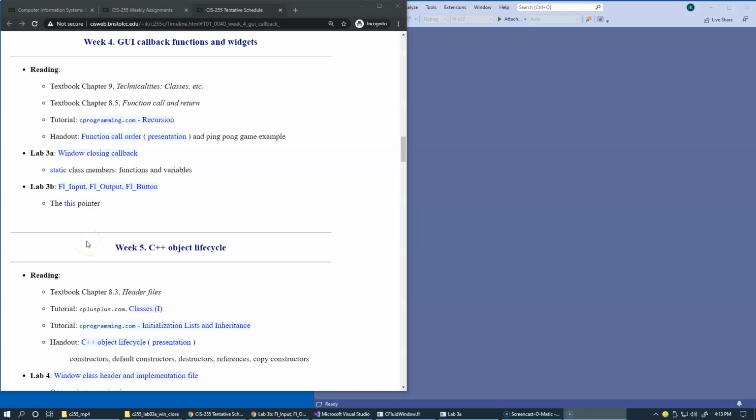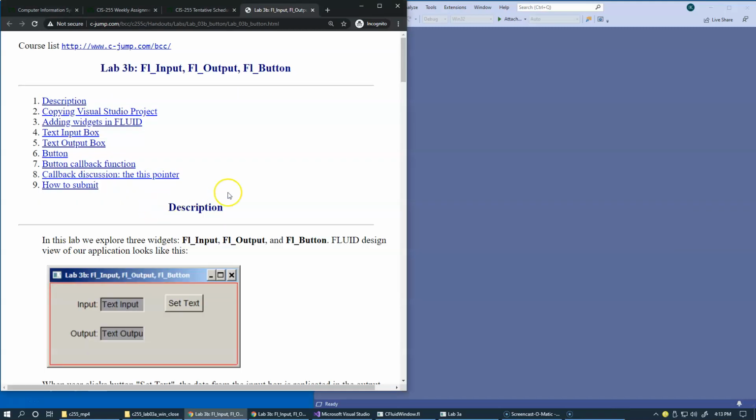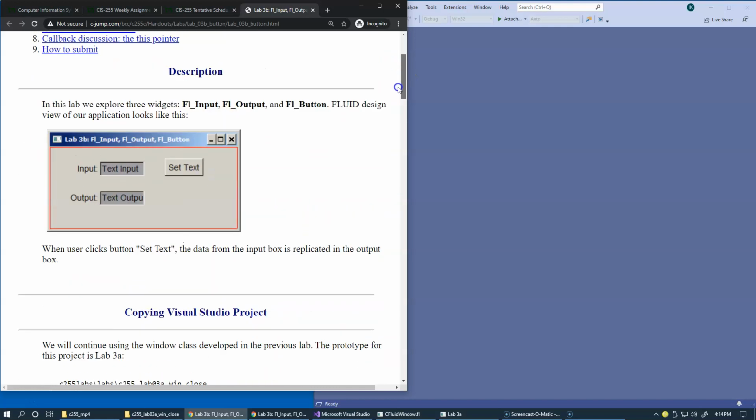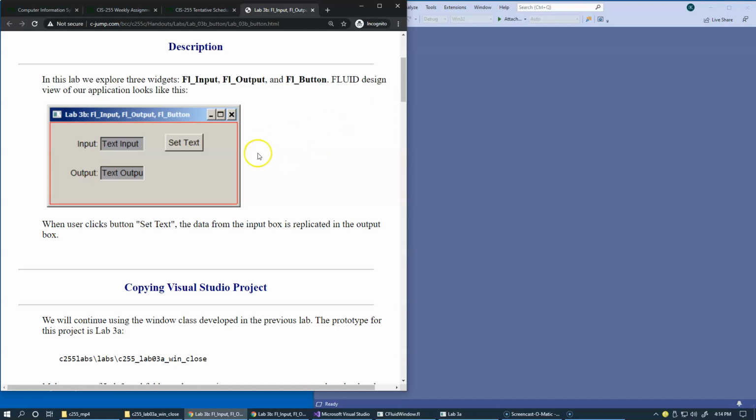In this video, we're going to talk about our next laboratory exercise 3B, which is demonstrating how to use input boxes and buttons with the corresponding callbacks. So this is our handout, and in this project we're going to design a window with the title,